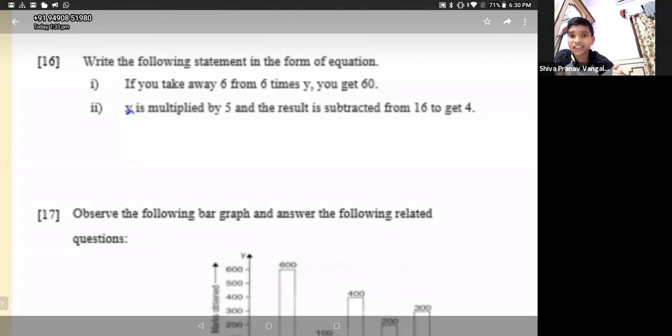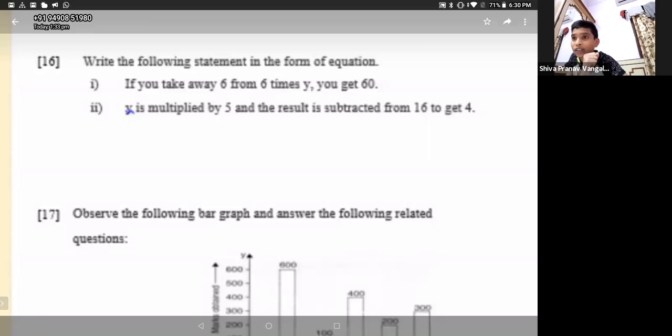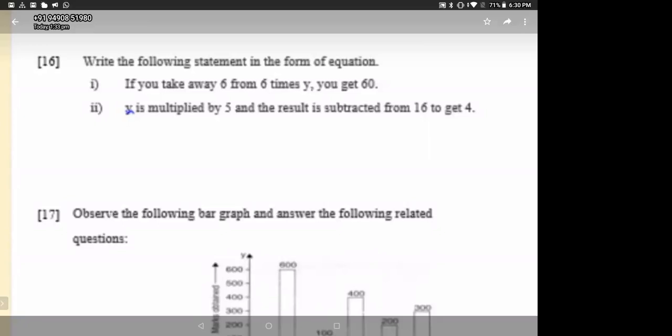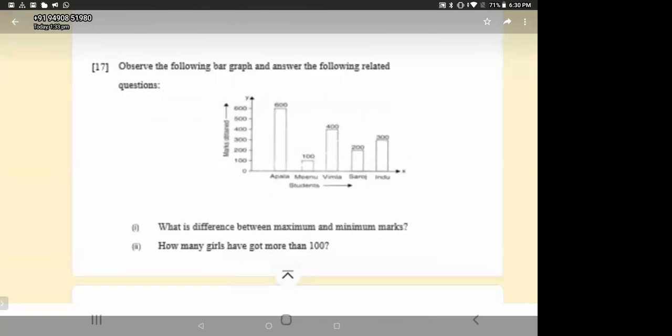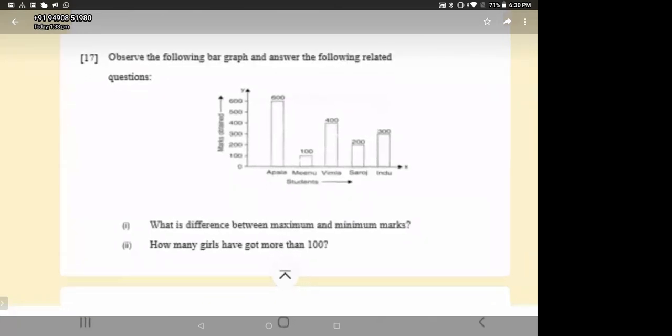Ma'am, I wrote wrong. Who is this, Shiva Pranav? Yes, ma'am. Nana, from after what is the number you have? Ma'am, after from we have 16. And I always used to say, from after what is the number, that number you're supposed to take first. 16 minus 5y is correct, Nana. Oh, so sorry. I know that generally good students also make the same mistake. That's why this type of variety of question will be given by the teachers.